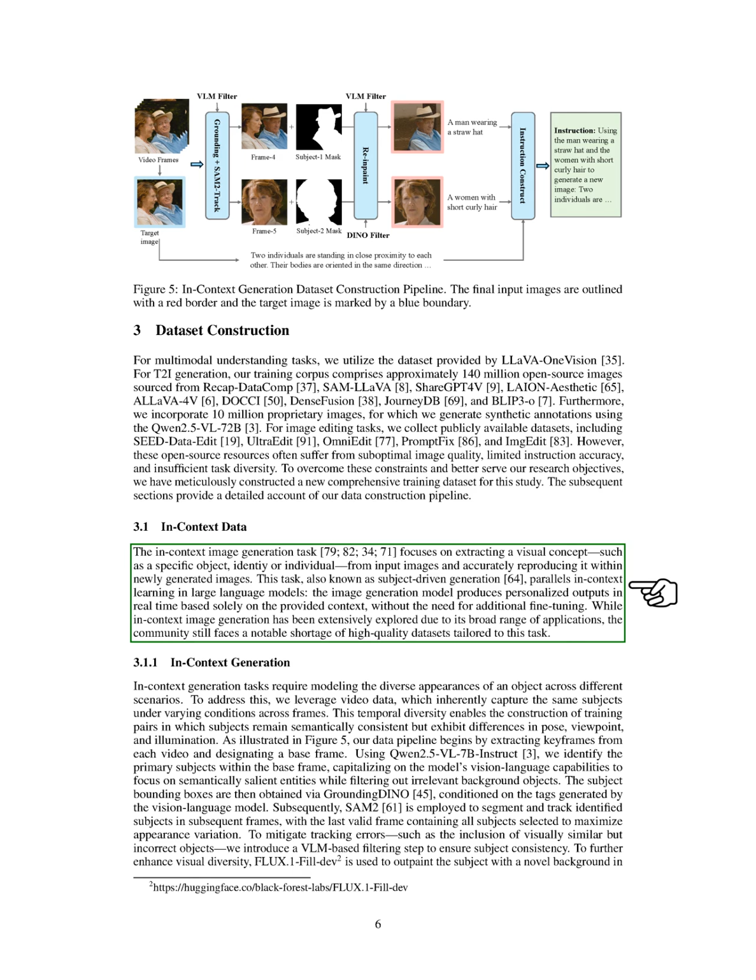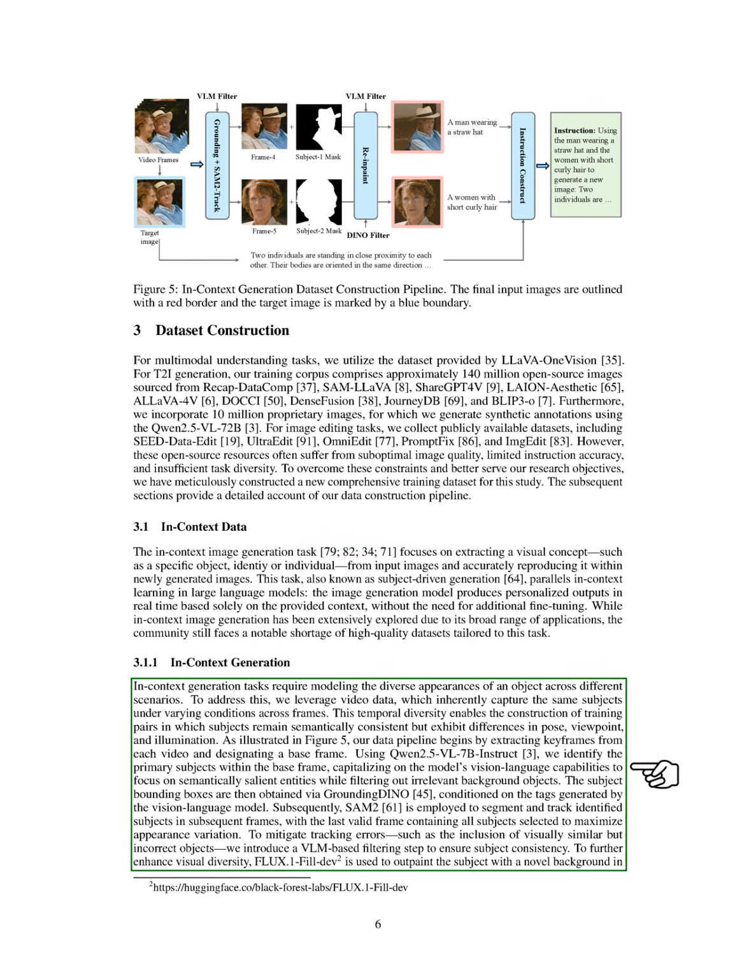Although in-context image generation has been widely studied due to its many applications, we still face a significant lack of high-quality datasets designed for this task. For in-context generation, we need to model how an object appears in various scenarios. To do this, we utilize video data, which captures the same subjects under different conditions across frames. This temporal diversity allows us to create training pairs where subjects remain consistent in meaning but vary in pose, viewpoint,